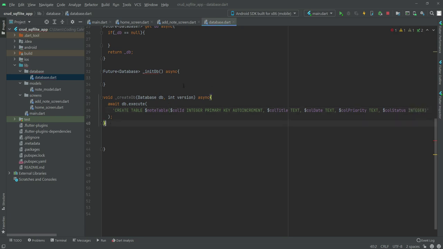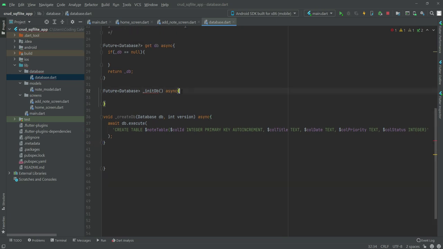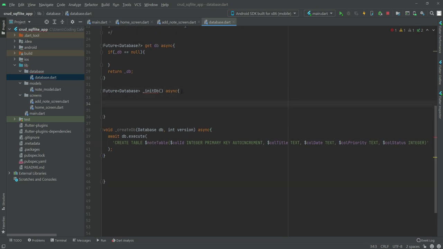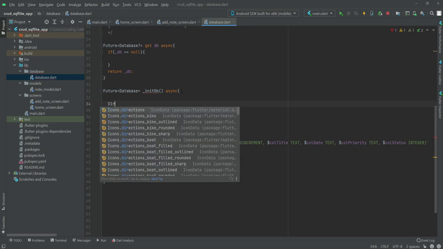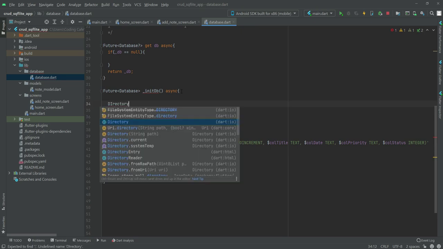So this function will create our database, and now inside this initDb function we will give the database a directory.